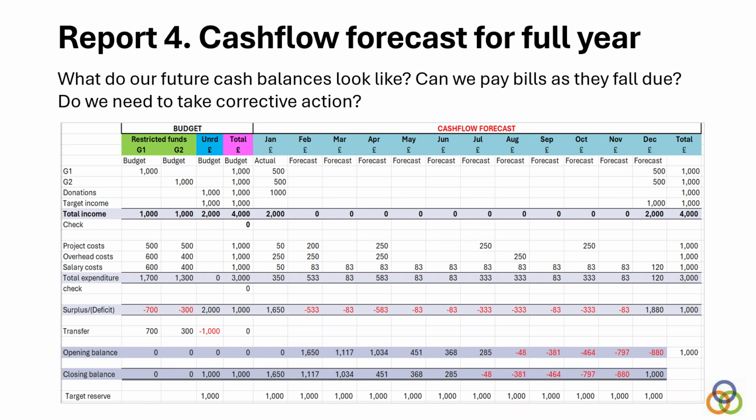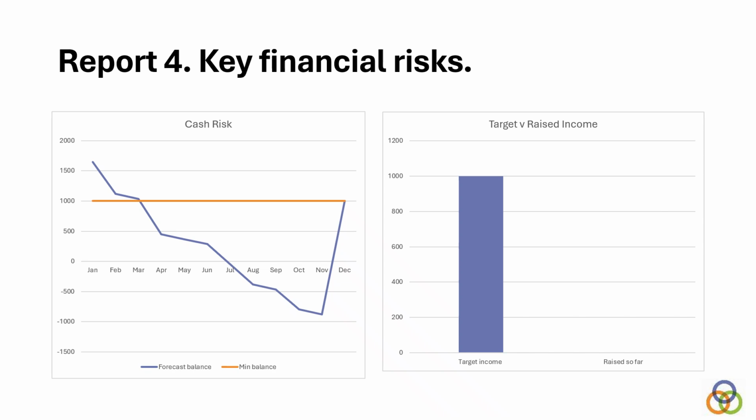And if we can't get those, we're going to have to take corrective action. We're going to have to push expenditure back or bring income forward. A good finance system tells you when you've got a problem, and a really good one buys you time to fix it. So we might then, in words, pictures and numbers, put our key risks in some